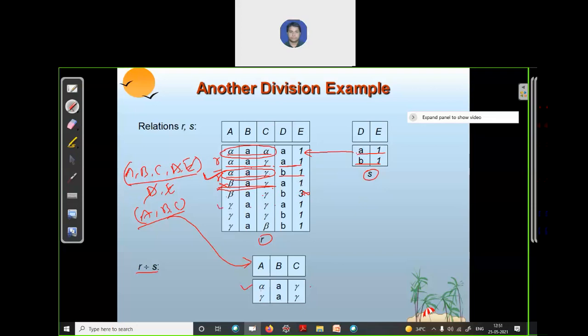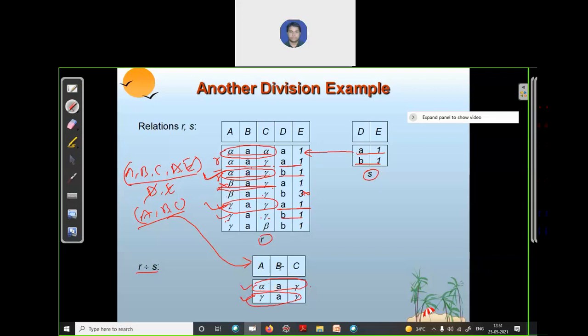Gamma A gamma, yes, and it is for A1. Is there gamma A gamma for B1? Gamma A gamma for B1 as well. Yes. So this is our resultant record. Now there is no A1 in our record, so we'll stop. So only these two records will be present in our resultant relation.